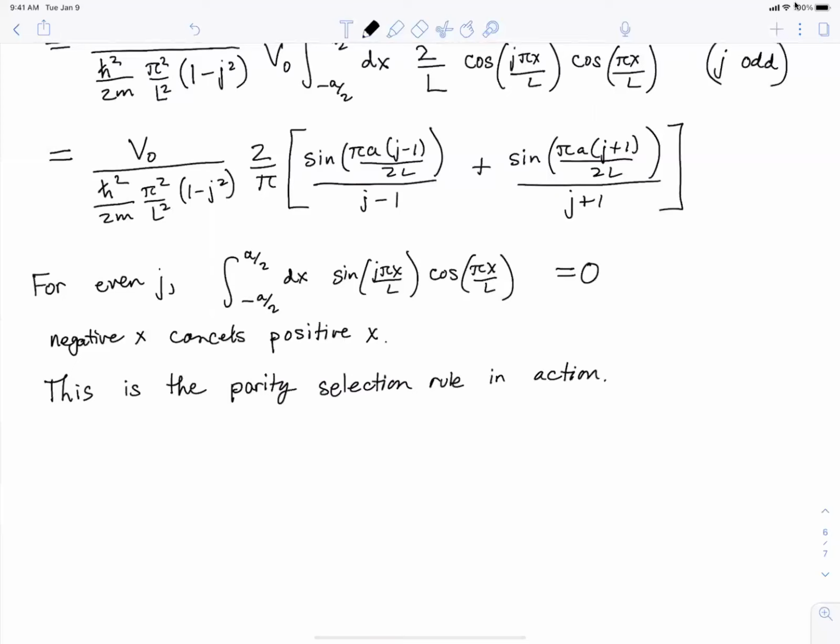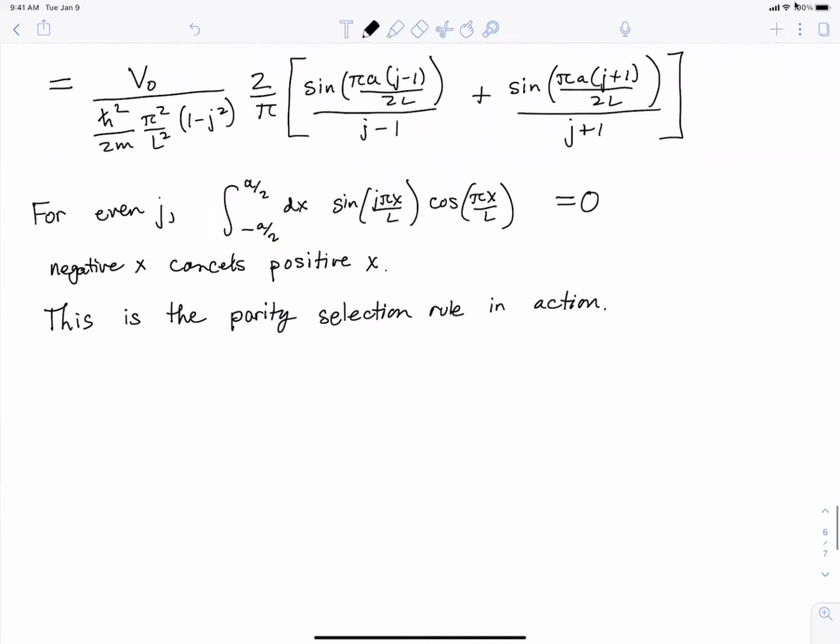Okay, and so it's worthwhile saying how that works in general terms rather than for this specific case, because it might be less obvious in some other cases. It's not too hard to see just from this integral why it's happening. But let's remember how the parity selection rule works. So recall,